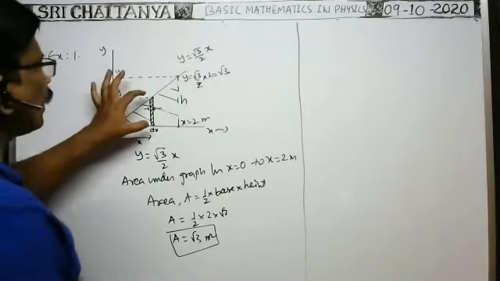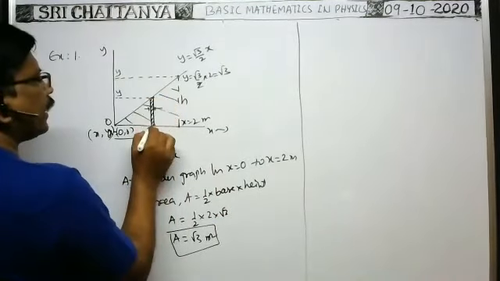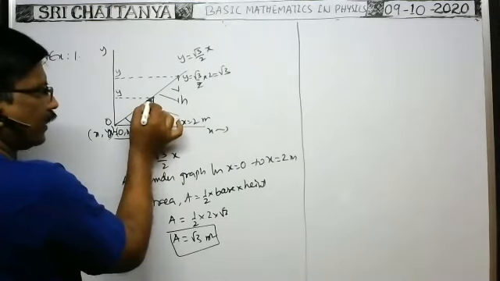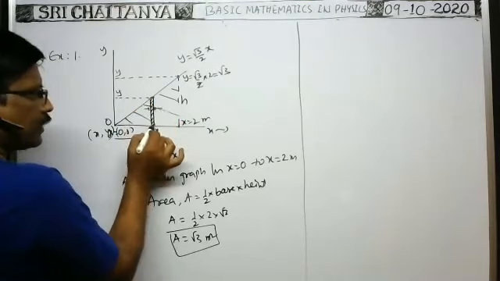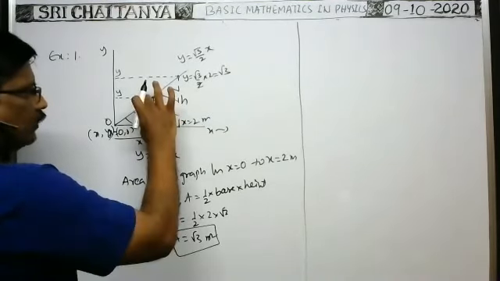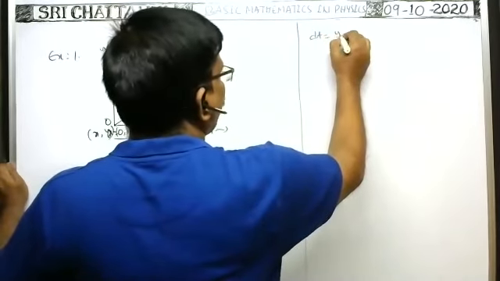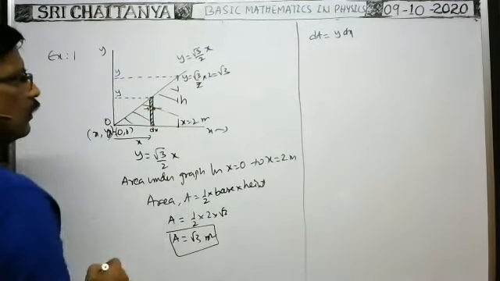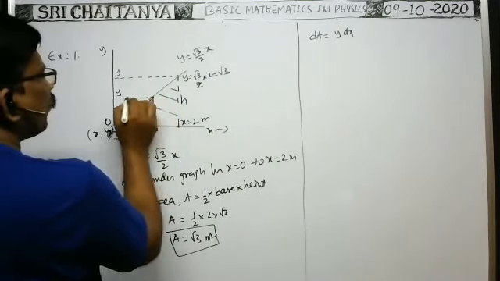Now what is the area under this element? The area under this element means the area between this element considered here and the x axis, that is the area of this shaded part. It has width dx and length y. So the area under the element dA is equal to y into dx, can we write? Here it looks like a rectangular strip. dx is a very small width, and for a very small width, y is almost constant.